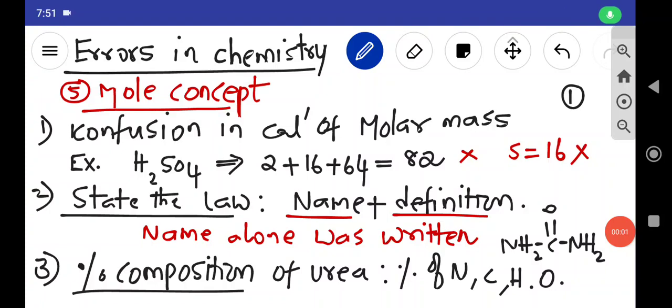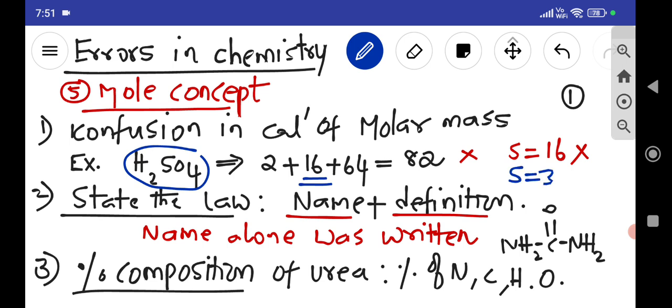Good evening students. In today's class we are going to discuss the errors in chemistry. So fifth topic, mole concept. So there is confusion in the calculation of molar mass. Suppose you are taking H2SO4, sometimes instead of 32 for sulfur you are taking the atomic number as 16 and